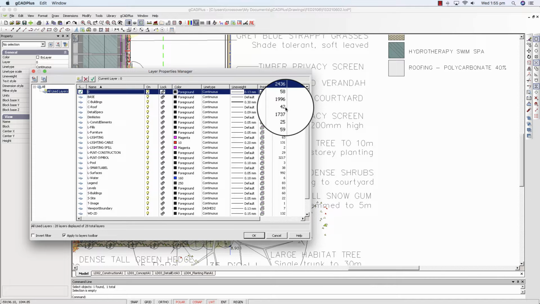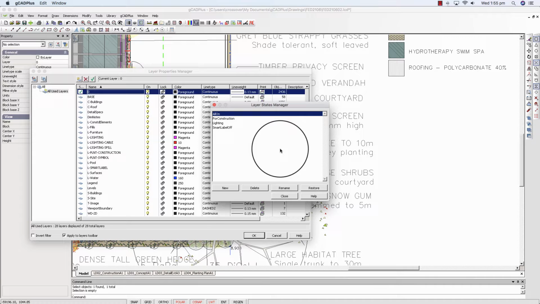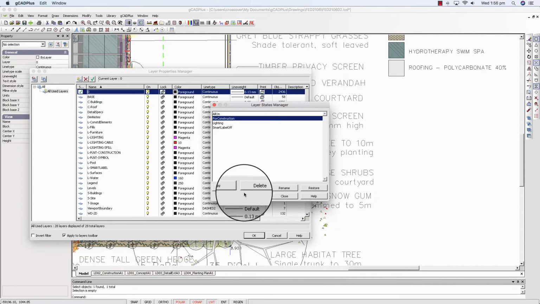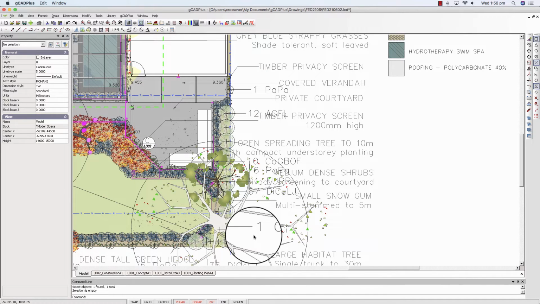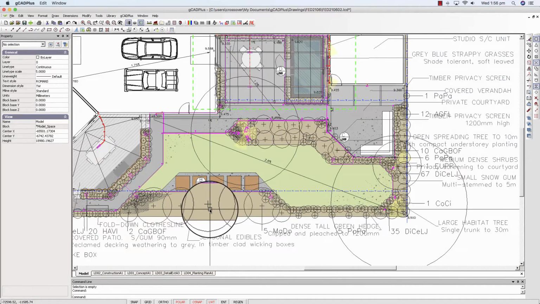What I want to draw your attention to, which is probably not something that a beginner would tackle, is if we come over here in this part of the box, click there and you can create a whole series of layers and give them a name. So for example, I've obviously got one called All On, but if I click on this one, notice they are all on if you look here, and if I say restore that and then we OK it, can you see that we've got a layer now which would work for our